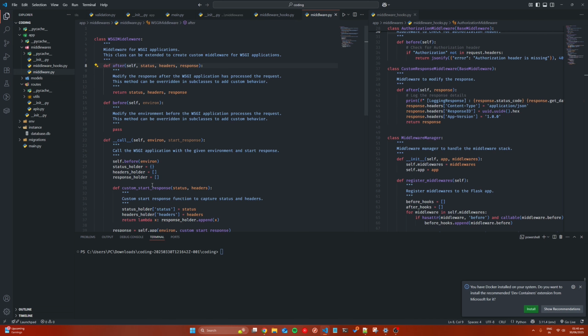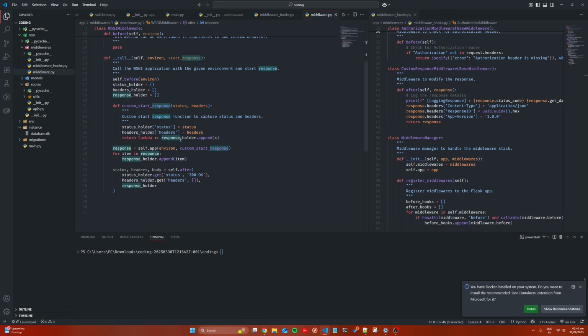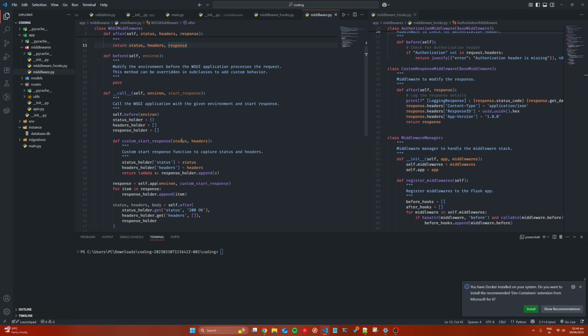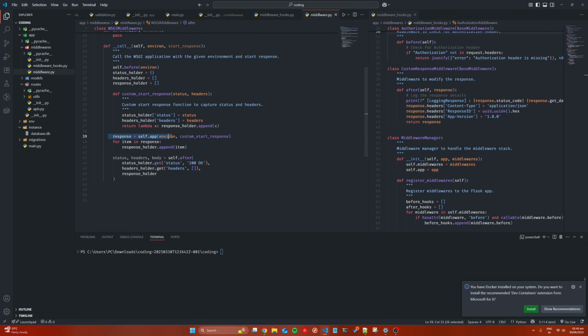If you see, it's coming from the definition itself. It is returning the status, header, and the response. So this will be the customized function, which we will call inside our middleware classes. That means here we will have our app processing our response, which will be the default response. And then if we want to override